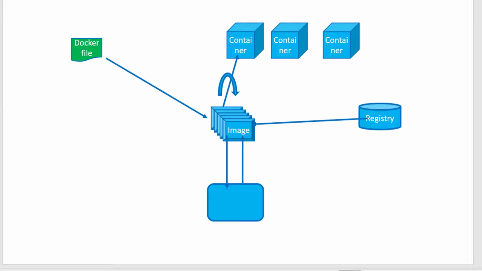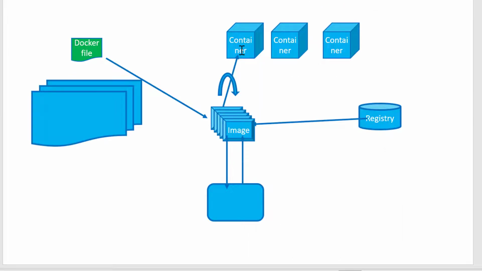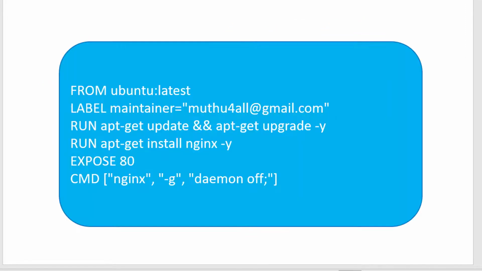It's going to have layers, where every layer will be a specific instruction. We are going to have a detailed discussion on how to write the Docker file and what are all the verbs involved in it. Here, this is a quick demo on how to build an image from a Docker file. I will be uploading this sample Docker file as a part of your course repository so that you can download it from the course and get this command executed.